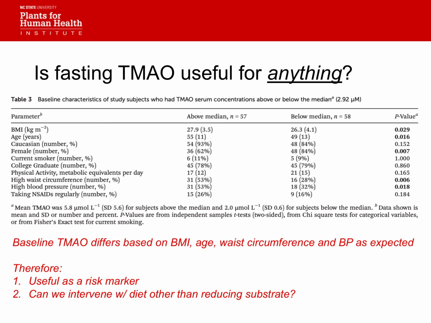You're like, great, I'm really sick of looking at all these studies where you didn't find anything. If you look, we actually said, well, what if we separate these subjects based on whether they're above or below the median TMAO levels and see how these risk markers correlate with that. And actually, BMI, age, waist circumference, and blood pressure correlated with TMAO levels the way you would expect.